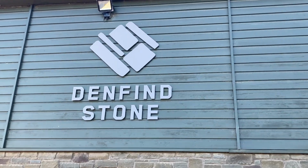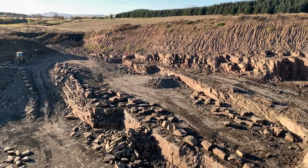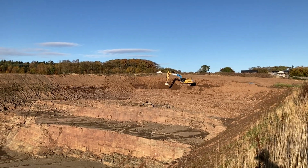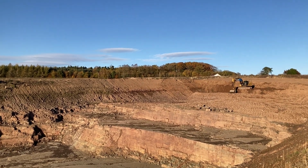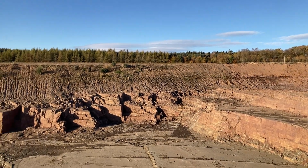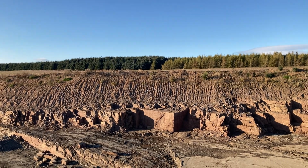Hi there. In this video you will see how the sandstone is being dug out at the Denfind Stone Quarry. And here is one of the quarries that is being currently developed. You're seeing how the top layer of soil is being removed. And what we're doing is shifting the overburden, topsoils and subsoils, to get down to this rock,